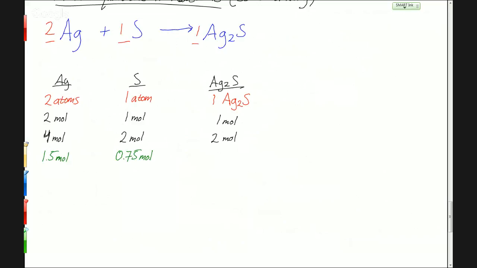And then how much Ag2S would we make? Same. So you see how these proportions kind of keep working themselves out here? The proportion is always the same no matter what those numbers look like. And so we could have some crazy number and still figure this out. We could say, well, what if we have 2.54 moles of this? How much of the others would we get? Yeah, we'd have to cut that in half and say 1.27,